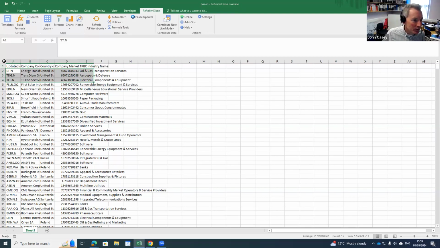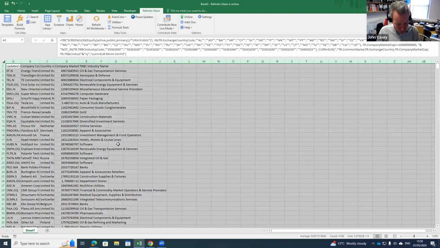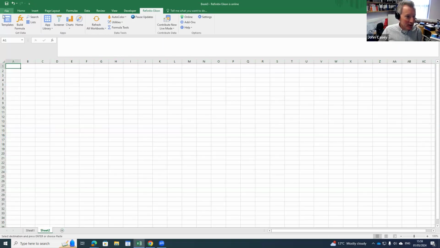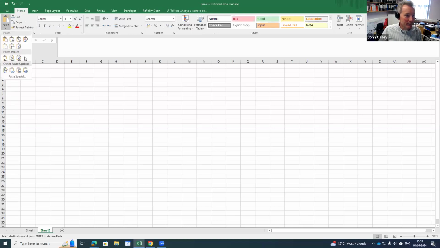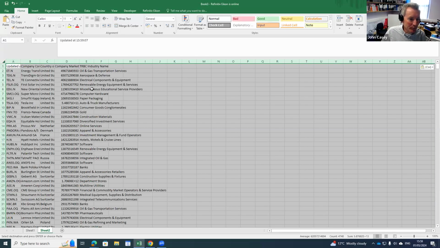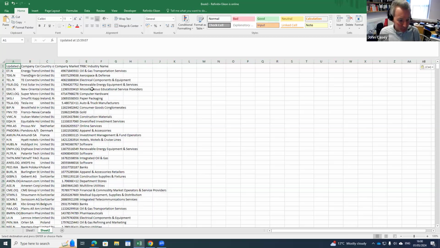And then this is what has resulted, all this kind of stuff here. What I'm going to do is maybe catch this and bring it into a second sheet. Well, apologies, I hit the wrong one. I'm going to just paste the values and the information. And the reason for that is